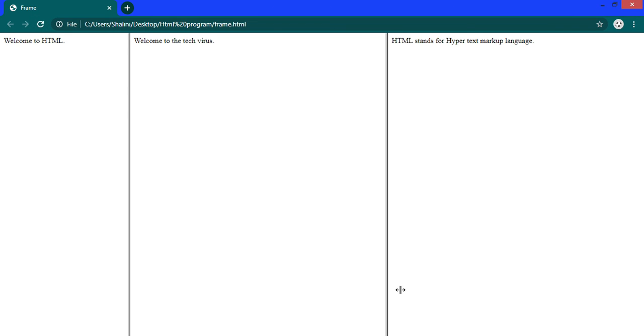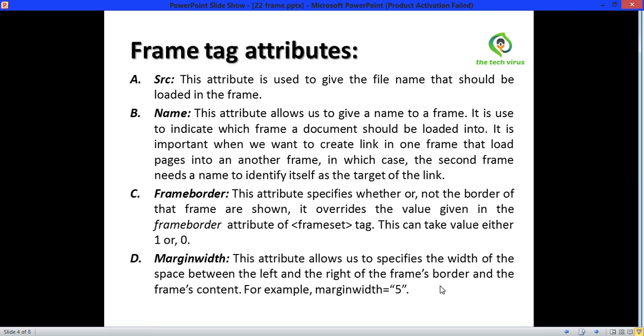Okay. Now, the frame tag attributes. src, which we have seen already. This attribute is used to give the file name that should be loaded in the frame. Name: this attribute allows us to give a name to a frame. It is used to indicate which frame a document should be loaded into.